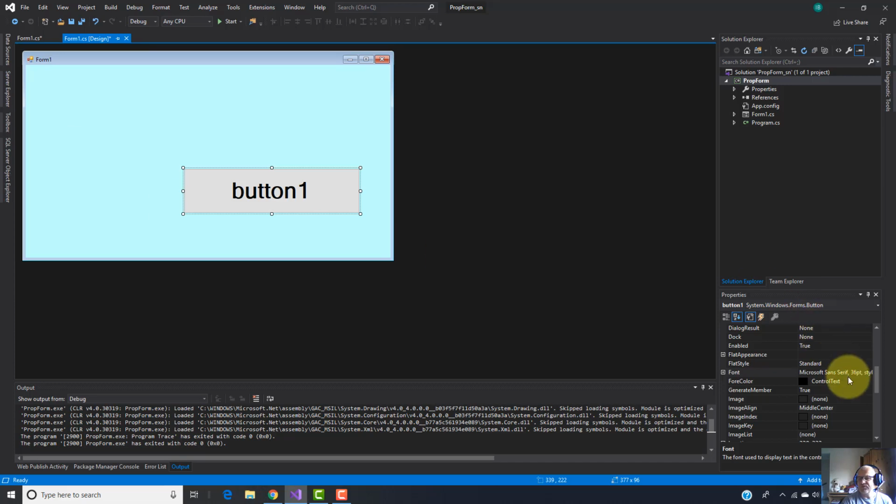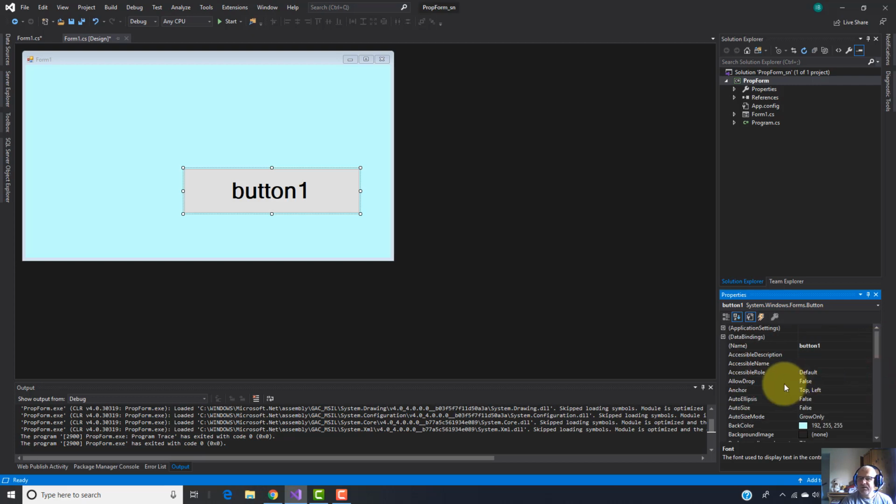So if you set a font for the form, this will affect any controls located on this form. But as you see, now the size of this form wasn't changed, even if I changed the font size to bigger, because I set this